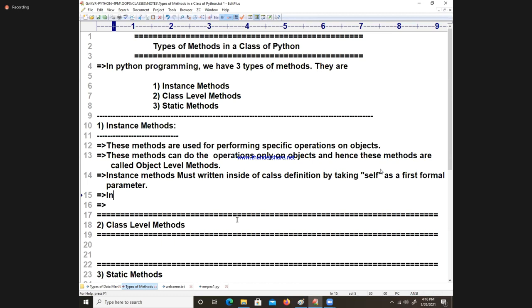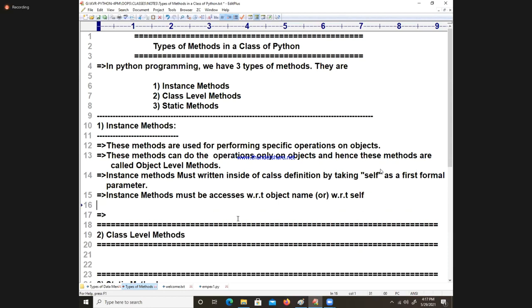Next, instance methods must be accessed with respect to the object name, or we can also access them with respect to self. Sir, what is the syntax?